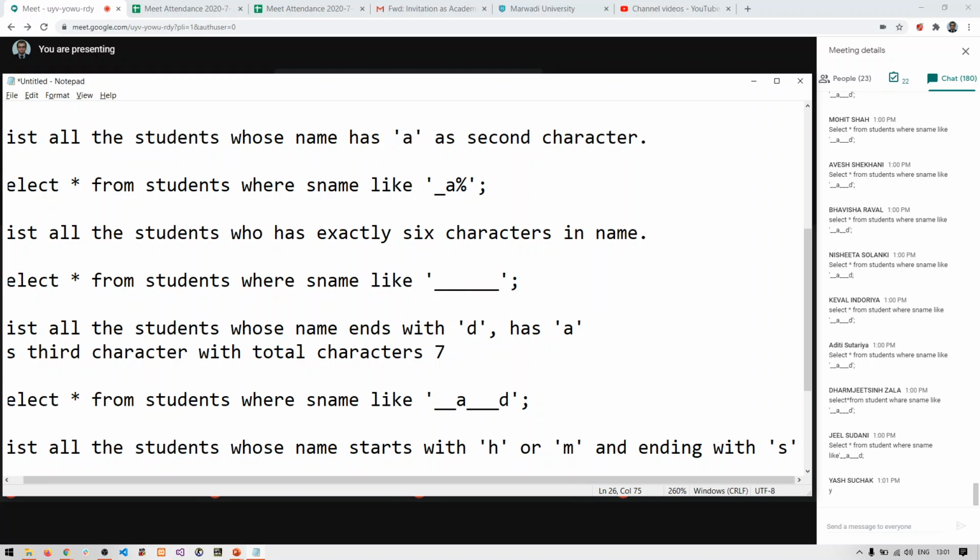Write down the answer for this. List all the students whose name starts with M or H and ending with S.